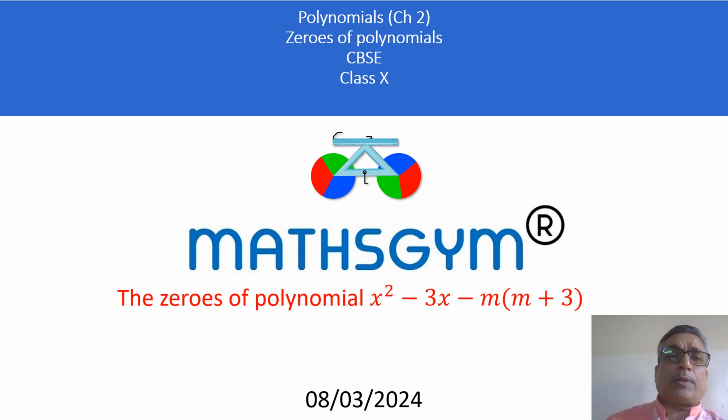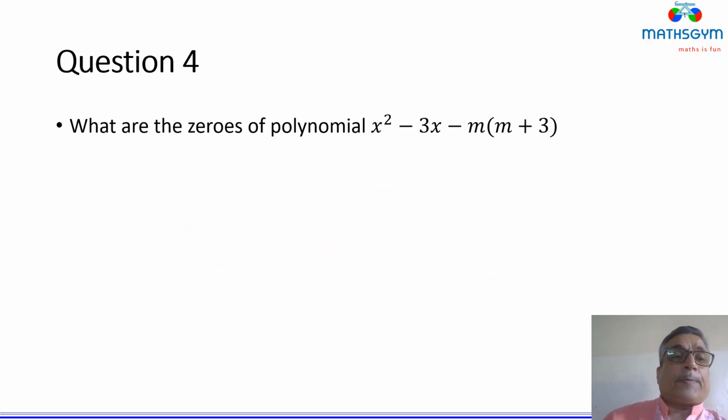Okay, and this comes fundamentally under chapter 2, so don't confuse it with quadratic equation because it looks like a quadratic equation. So the question is: what are the zeros of the polynomial x square minus 3x minus m into (m plus 3), that too in the bracket? Now you have to understand that you need to find zeros. Fundamentally, you know that you can do this by